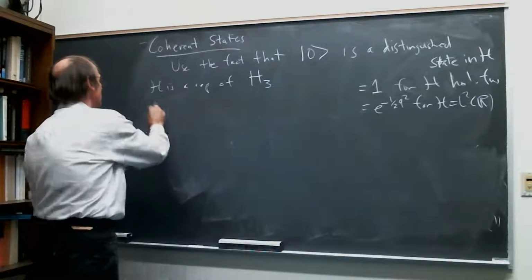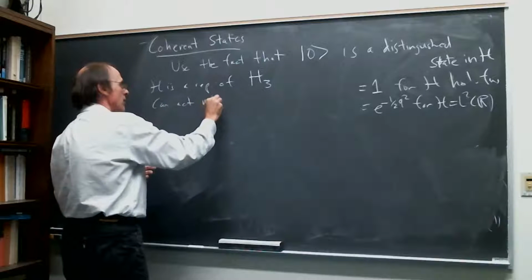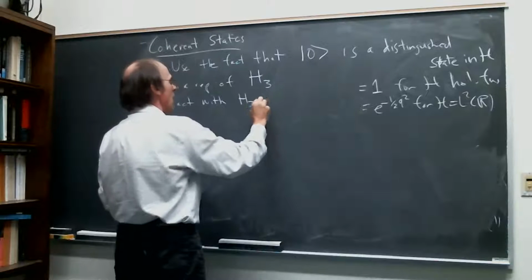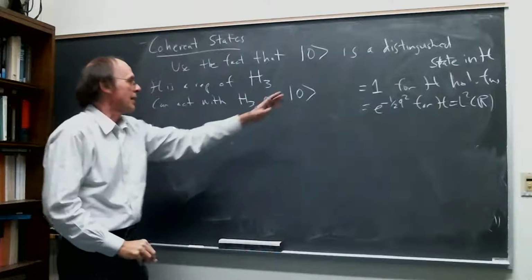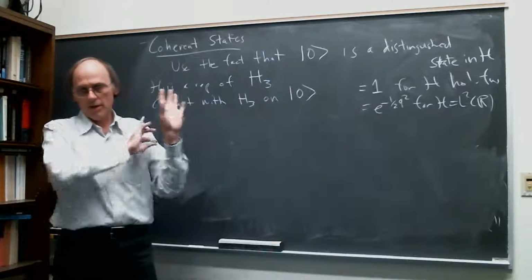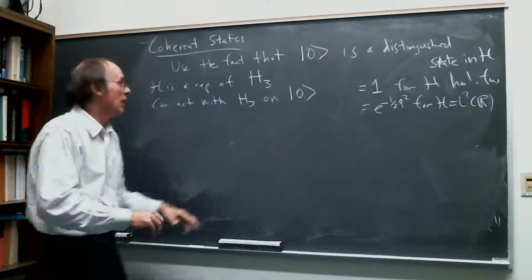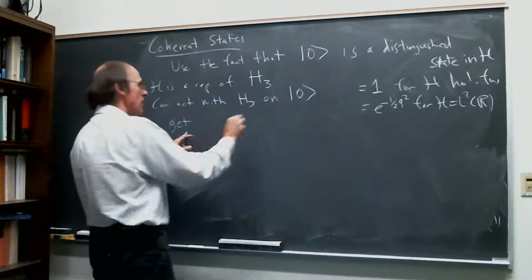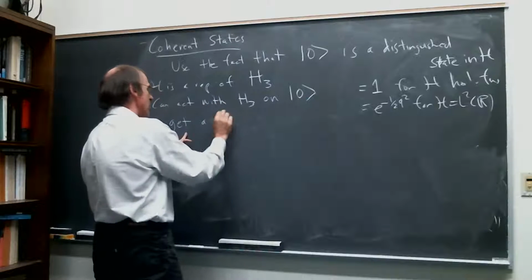You can act with H3 on the state zero. If you act with the Heisenberg group, it's going to move it around, and you get a family of finite dimensional